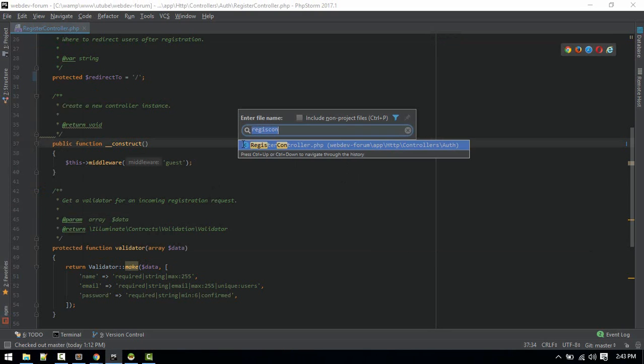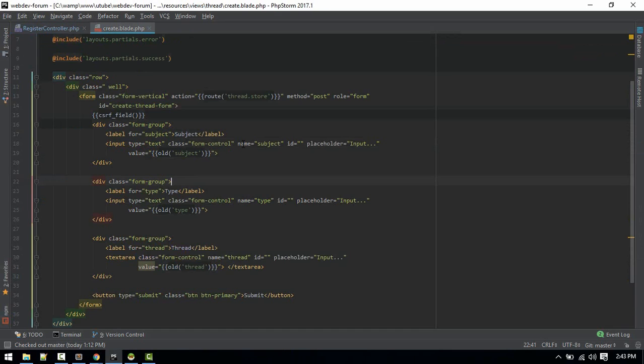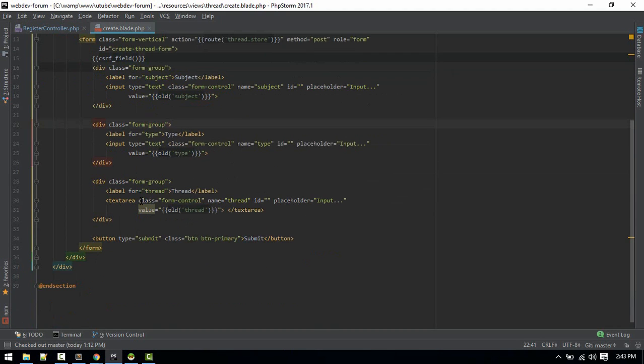So I want to fix a small thing in our create blade. So here create form, I'm using value here instead. In text area we should use inside the tag, not like value. Okay, so